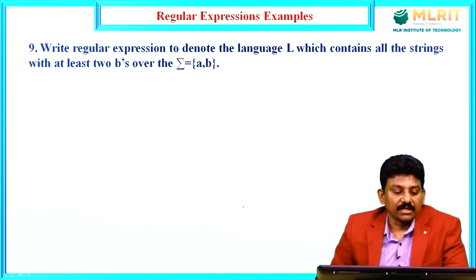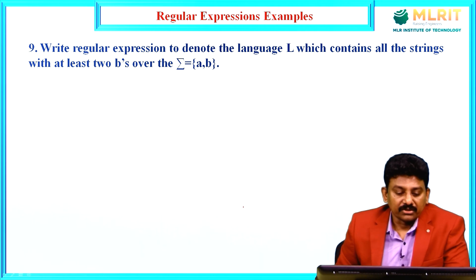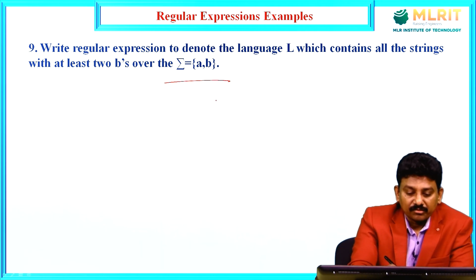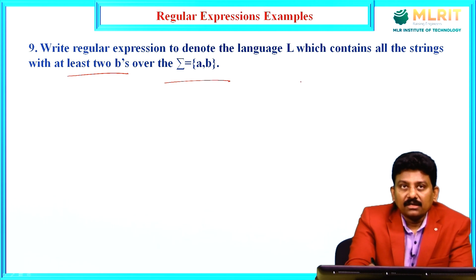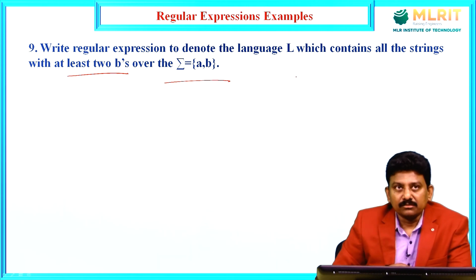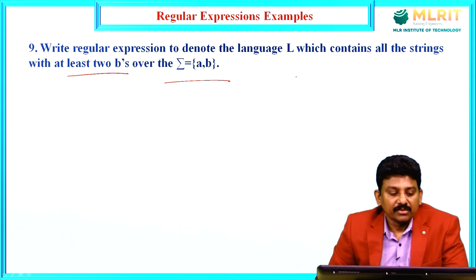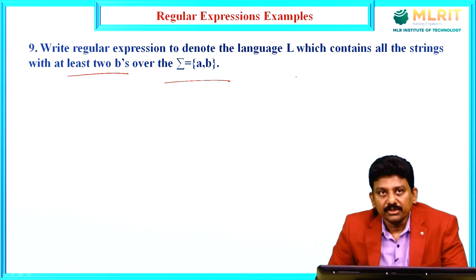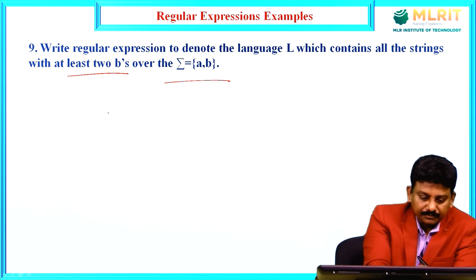Next, write regular expression to denote the language L which contains all the strings with at least 2 B's over the input alphabet sigma equal to {A, B}. Input alphabet is AB, at least 2 B's. So the string must contain at least 2 B's. That means minimum 2 B's must be there in any string. In the given language L, all the strings must contain minimum 2 B's, maximum anything. So the regular expression for this is,